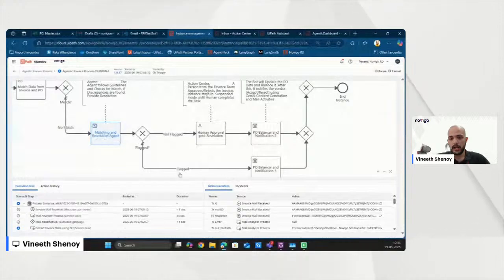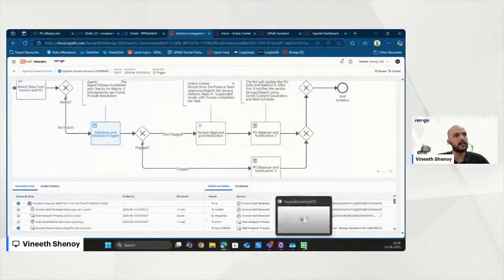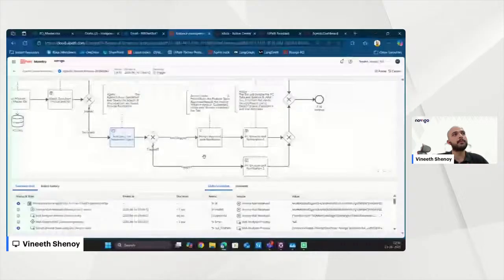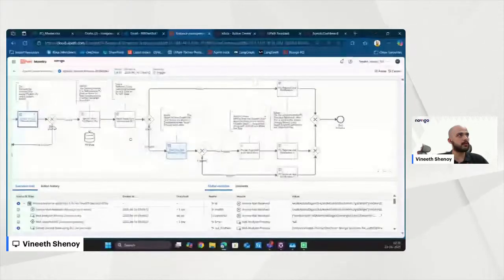It might be taking some time because of some internet issue, but it is running. As you can see over here, it is running the extraction process. And this human validation is different from our resolution agent's validation. This is an action app, where the validation happens within. So let's just wait. It is running.